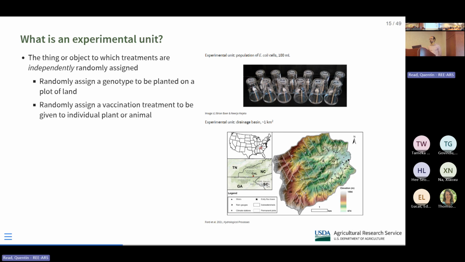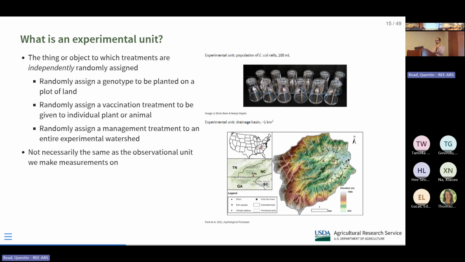Or like if you're trying to test a vaccine and you have a bunch of animals, you randomly assign a mouse to get the vaccine or not. So every mouse has an equal chance, the same probability, of being in the control group or the group that gets the vaccine. So the mouse is the experimental unit in that case. It could even be in the Forest Service, they do studies on entire watersheds. So a huge piece of forest is an experimental unit and they assign them treatments like this one's going to get logged, this one is only going to get some of the trees cut down and so forth.